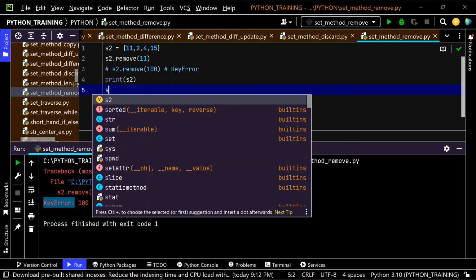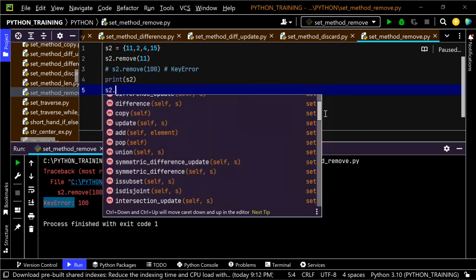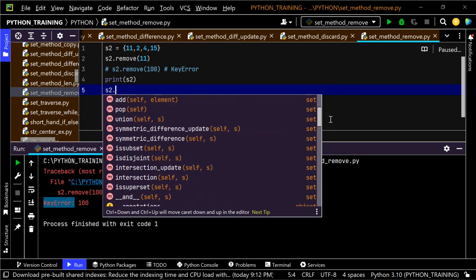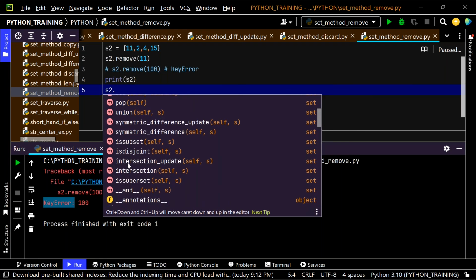I'll show you what things we have covered so far in the method section. We have gone through discard, remove, clear, difference update, difference, copy, update, and pop. I have already gone through pop, where in the while loop we are popping the items. Any item it can pop. Then we do have union, symmetric difference update, symmetric difference, and a couple of other functions. Here you can see 8 methods are still there, and we'll go through these 8 methods in